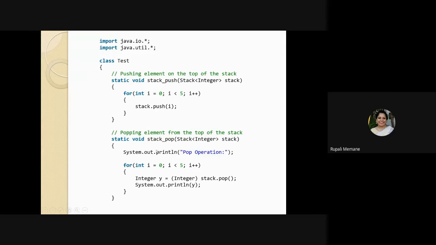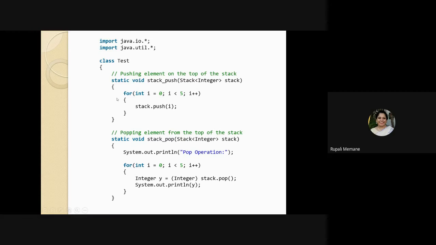So once I have done this, then I try the pop operation. Whatever elements I have put in, I try to pop them one by one. So I create one more method called stack pop. Again, stack pop is going to pop the elements, which are of data type integer. So same as stack push, it takes an integer stack, and the pop method takes an integer stack. Now here again, I'm going to use the for loop, and I'm going to pop the element. But when I pop it out, it should display which element has been popped.